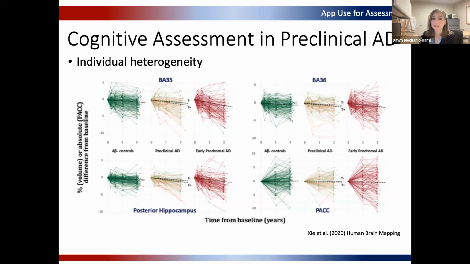Anyone who does cognitive testing knows that people perform differently on different days. If we look at the PAC at the bottom right, and we look at the differences between the two time points here or here or here in these three different groups, there's a lot of heterogeneity. There's a lot of change in the way people perform up and down.